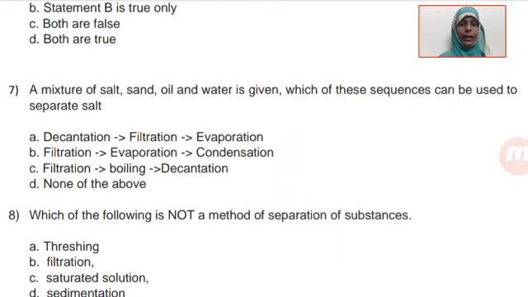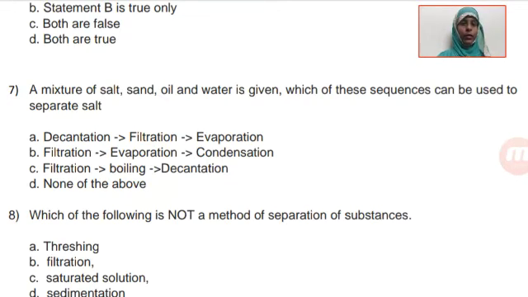What you have to do is read the question again. A mixture of salt, sand, oil and water is given. So if you have to separate salt, sand and water, what will be the sequence?